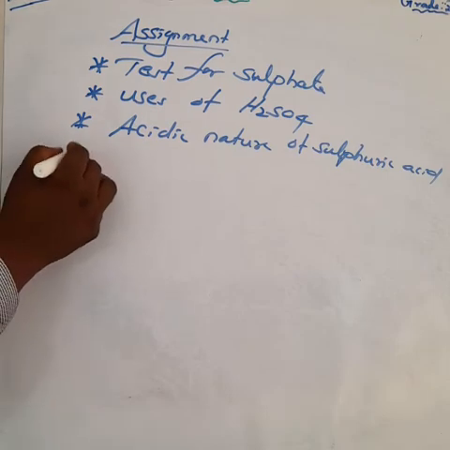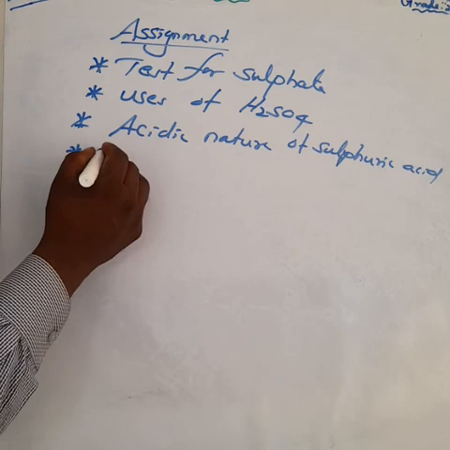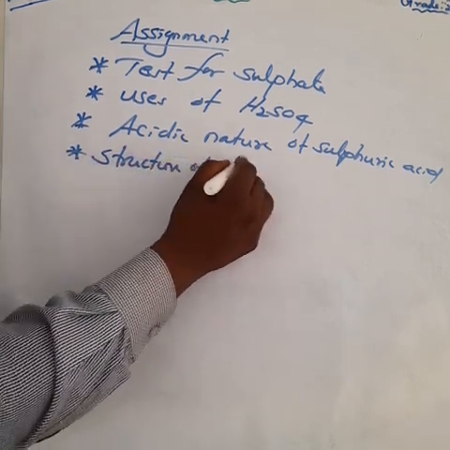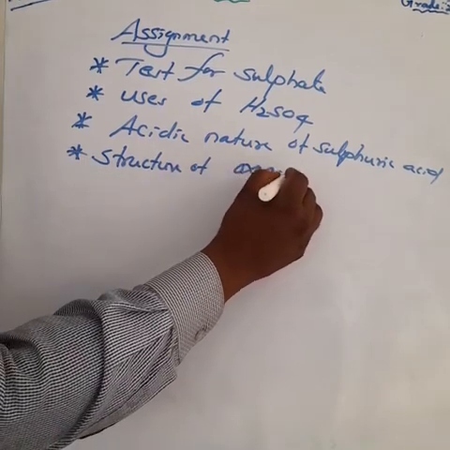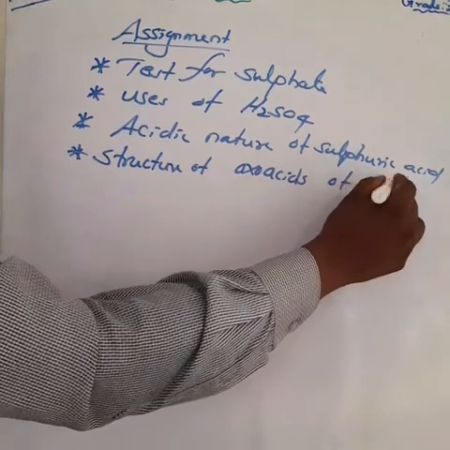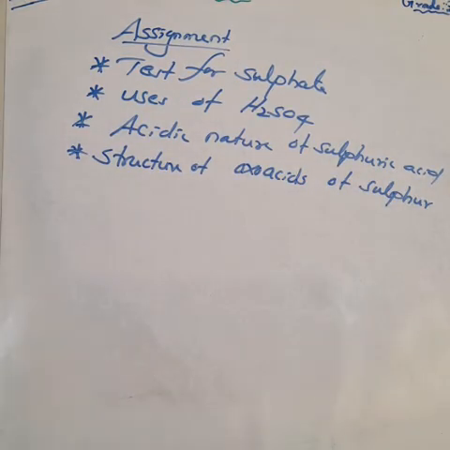Next, the structures of oxo acids of sulfur. You have to take written practice. This is not so important, but Marshall acid and Caro's acid are important. So anyhow, you have to take written practice. Okay, structures, simply try it. If you have any doubt, we can discuss later. Okay.